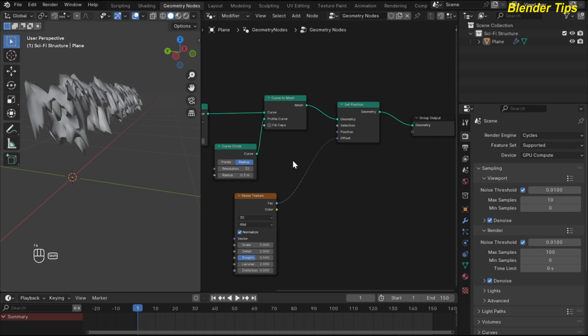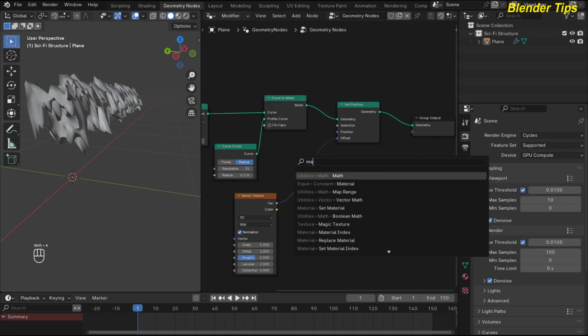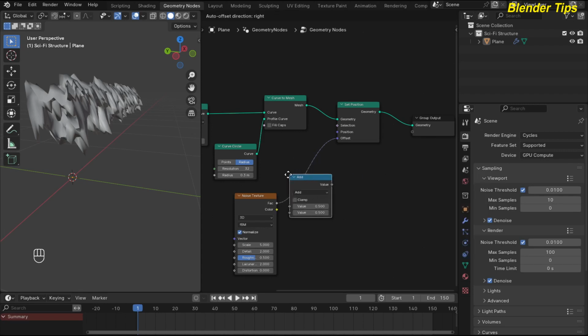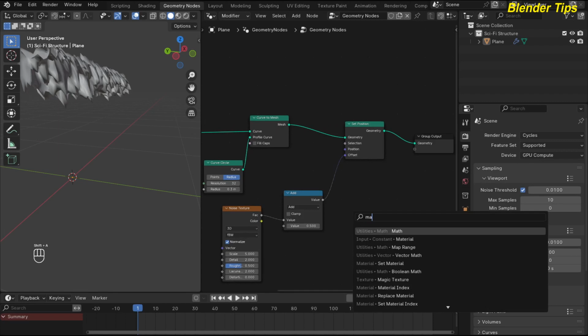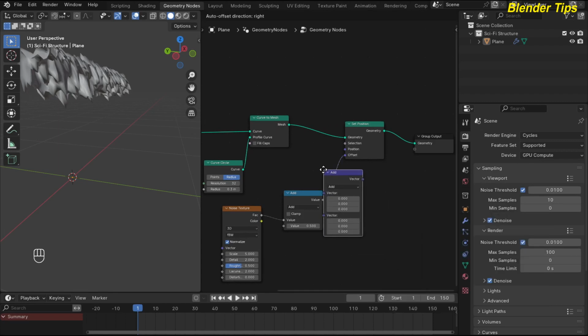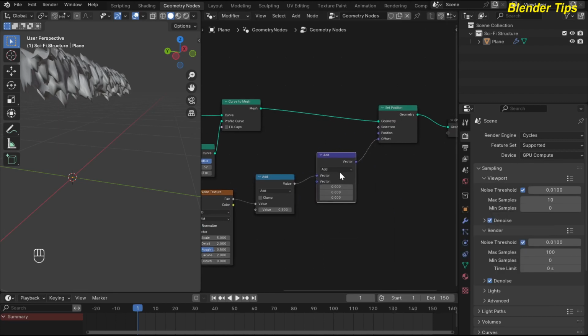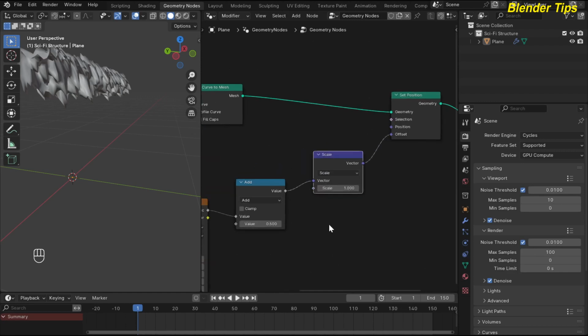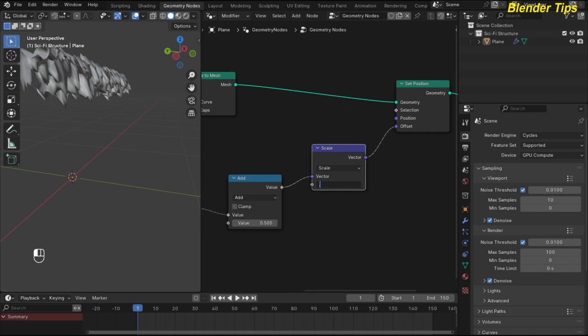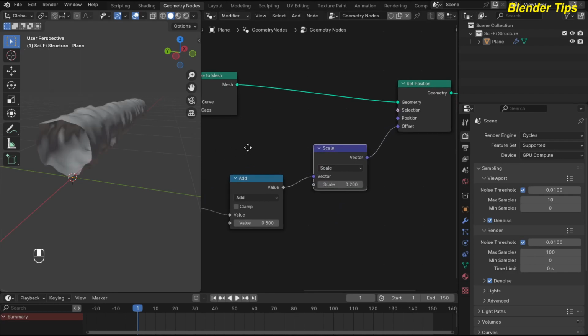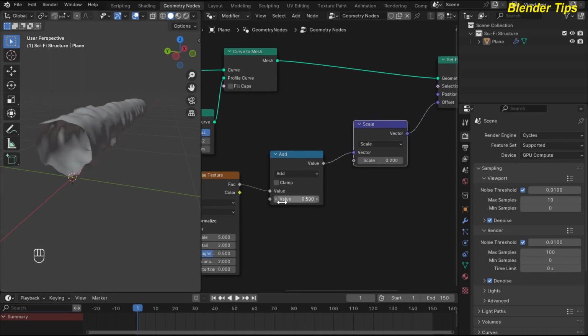And now I add a math node here. This time I search for the vector math. Put it here, and set this type to scale. Nice. And here I reduce the scale to 0.200 for my case, and here I put the value minus